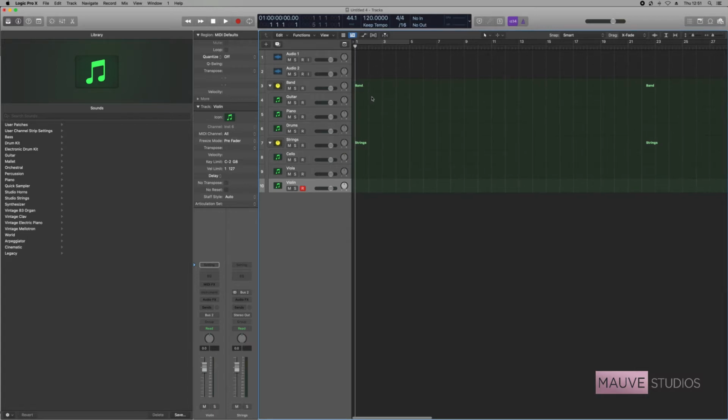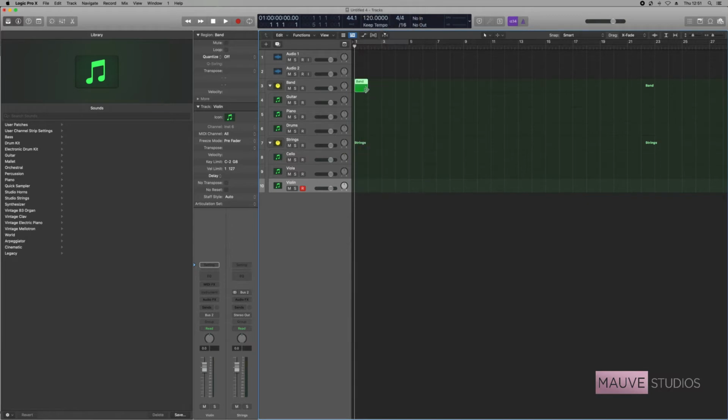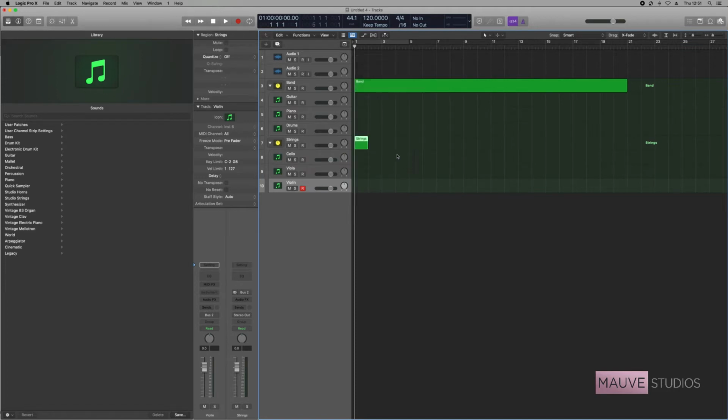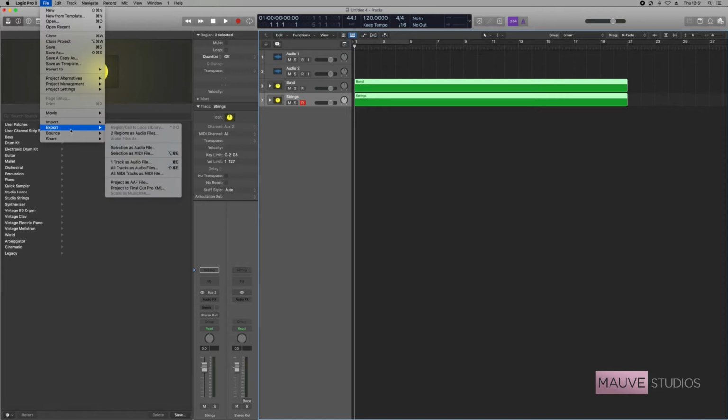So once you've done your composing, however long it can be, you then make sure you do this. Create a new MIDI region and then drag it. And we'll do it again here. Create a MIDI region. And you see what it's doing? Every time I do the MIDI region, it names them to what this summing track is. So we've got strings, we've got band. Okay, now all I have to do is that, file, export,